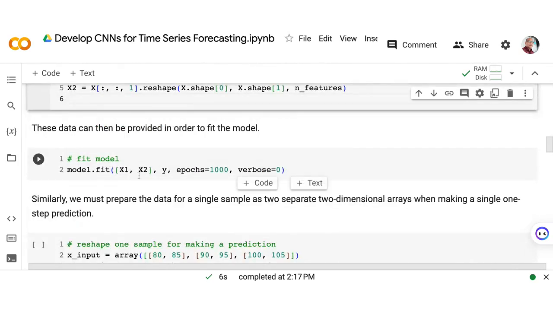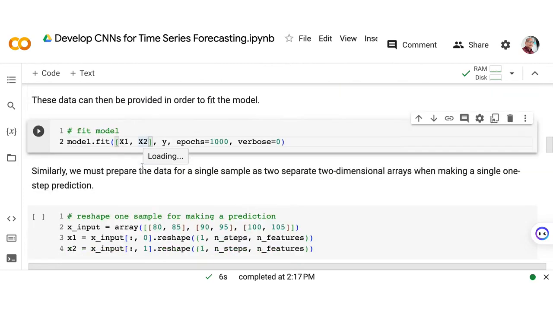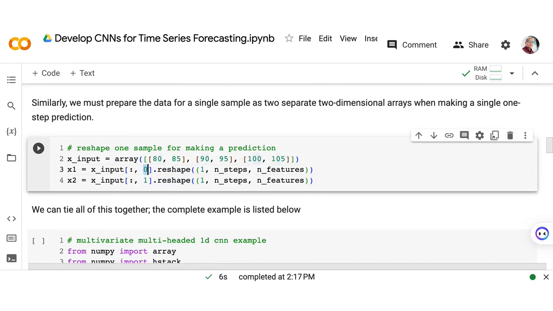Now you can see now when we train the model, we have two inputs as x1 and x2. And as you can see here, for the prediction, we also need to reshape our prediction, no? So you can see here that our x input will be the first index and the second input is going to be the second index or index 1.